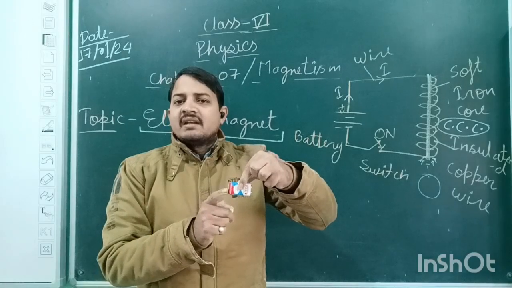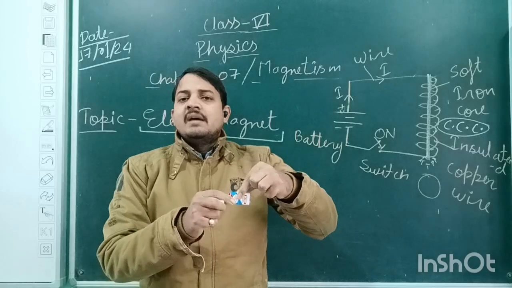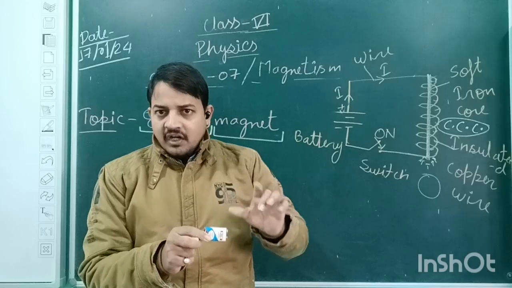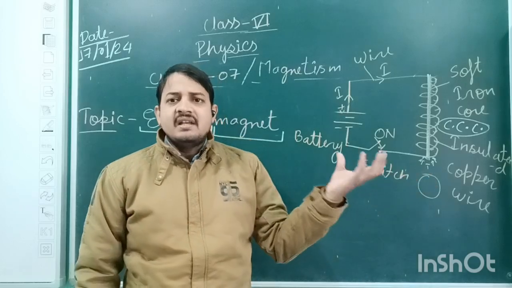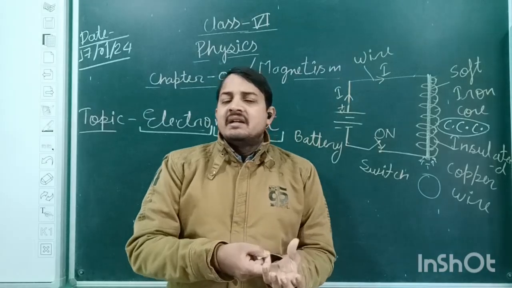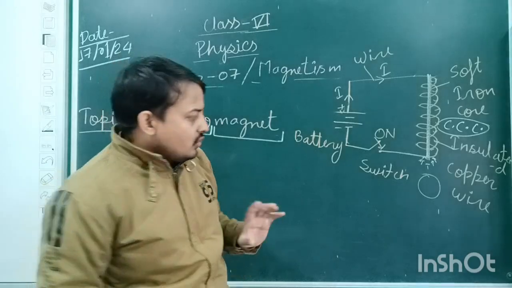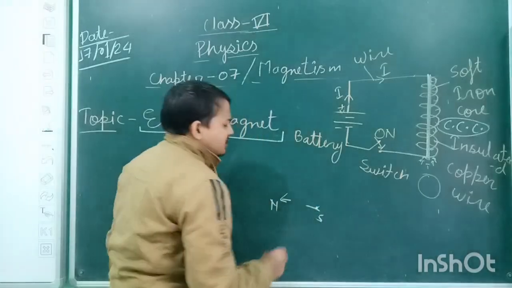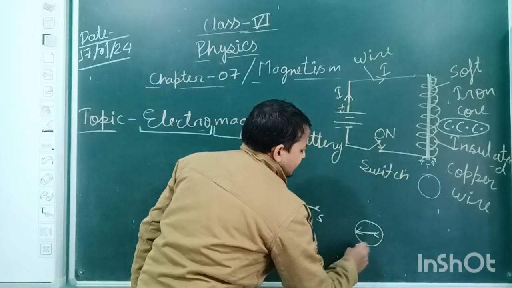The portion of the magnet which stops towards the north side is known as the north pole of the magnet, and the portion which stops towards the south side is known as the south pole of the magnet. The same concept we use in the magnetic compass also. It is a light pin shaped structure in which a light weighted magnet has been placed, and it will always represent the north and south direction. Suppose this is the north and this is the south side. If I place this compass here, it will always represent like this.